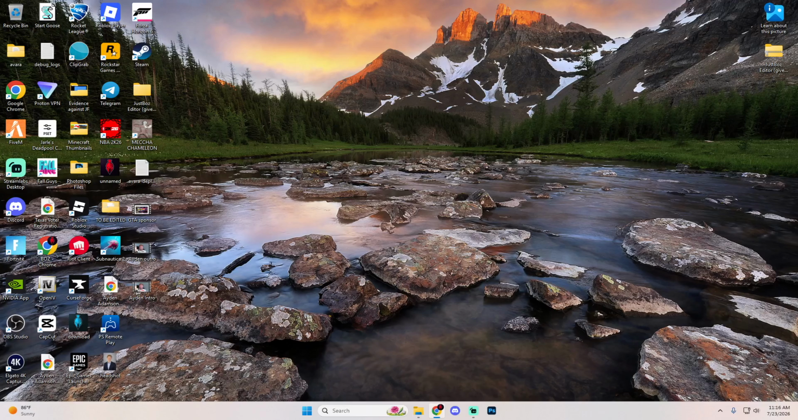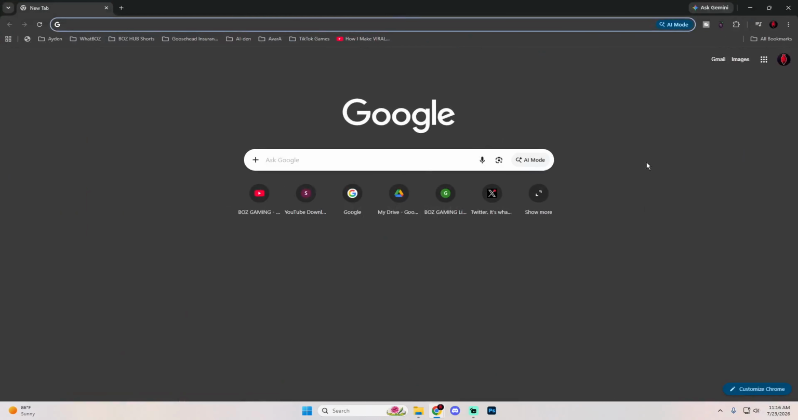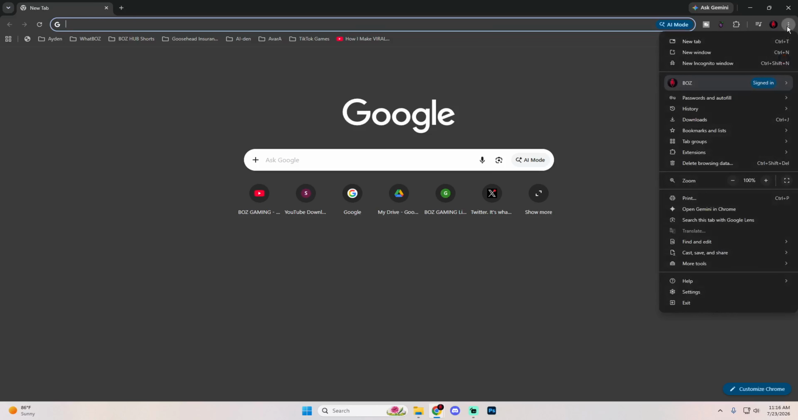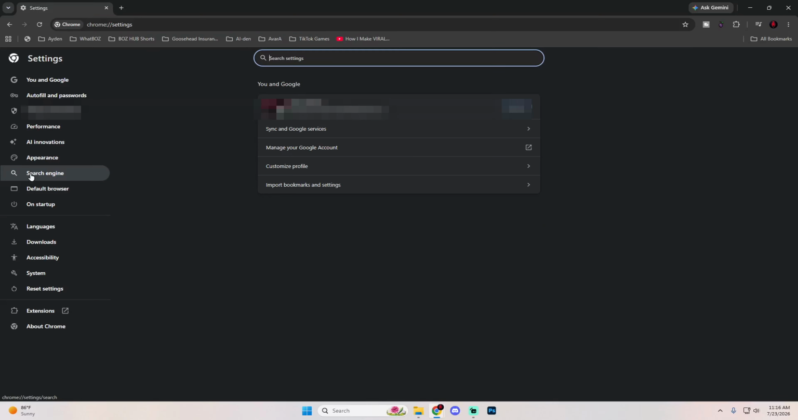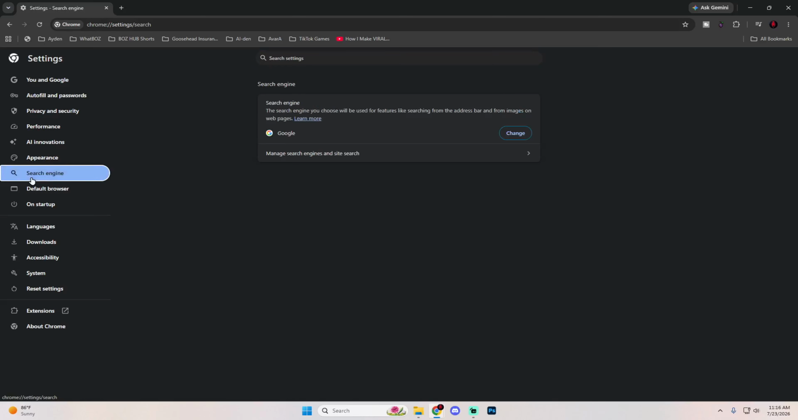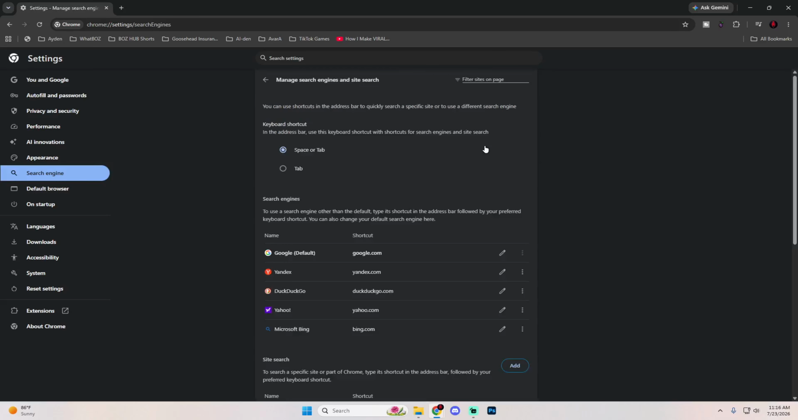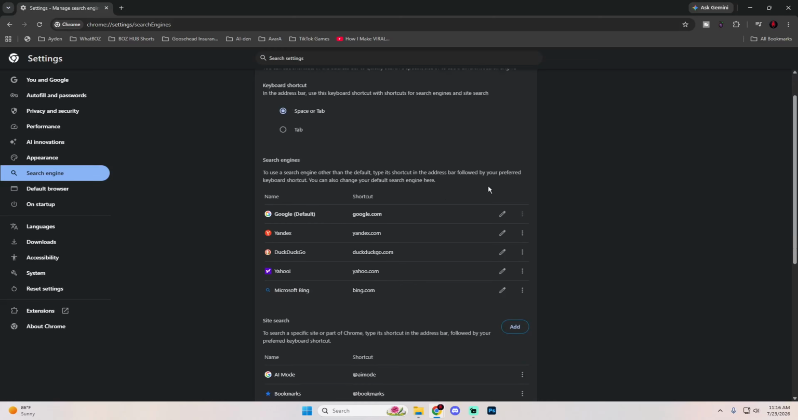First things first, go ahead and open up Google Chrome, and you need to hit the three dots up in the top right corner and scroll all the way down, and you're going to see a little settings option right here. Select settings, and on the left hand sidebar, go ahead and look for search engine. From here, go ahead and select manage search engines and site search. It'll redirect you to a page that looks something like this, and you need to look through the list for